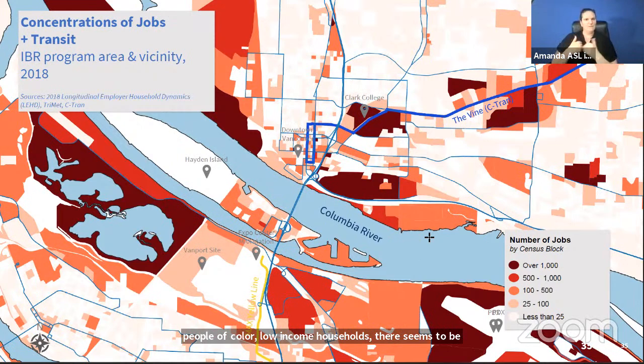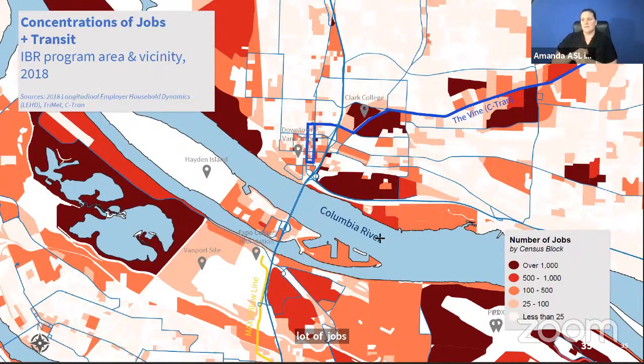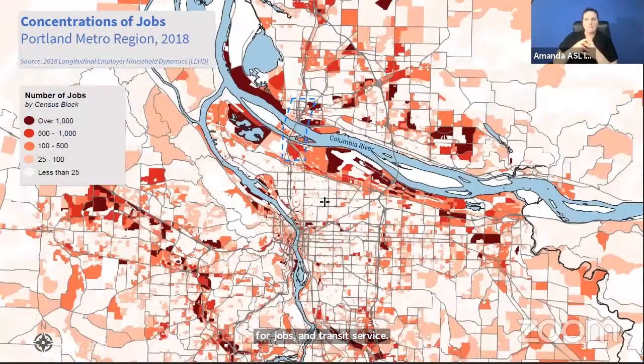And then if you look on the Oregon side across the Columbia River, I think a lot of folks are probably familiar, that north shore of Oregon along the Columbia has a lot of warehouse jobs, a lot of industrial area, and of course PDX Airport, which are all very large employers. The MAX Yellow Line I'm showing here goes to the Expo Center, right by the current Interstate Bridge, but then you have a lot of jobs on Hayden Island, a lot of retail and service industry jobs there. But this gives you what we're looking at in terms of where the hotspots are for jobs and transit service. And then to give you a better picture of the region as a whole, zooming out,